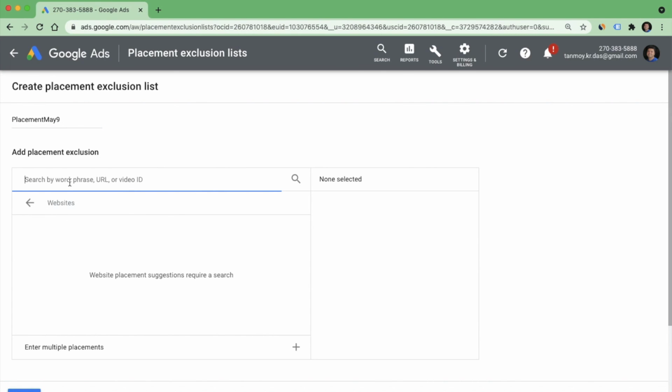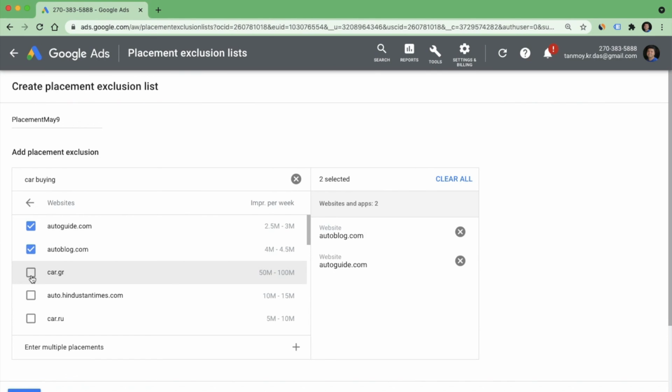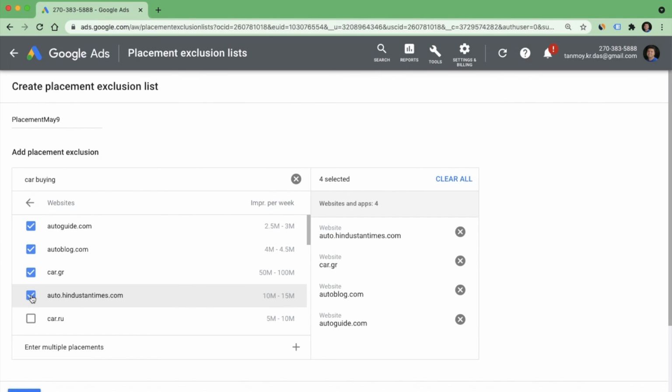I'm into a business where I provide cars on rent, and I want to remove those websites which are about buying cars. So I can add car buying websites, and these can be my placement exclusions, where I don't want to show my ads.